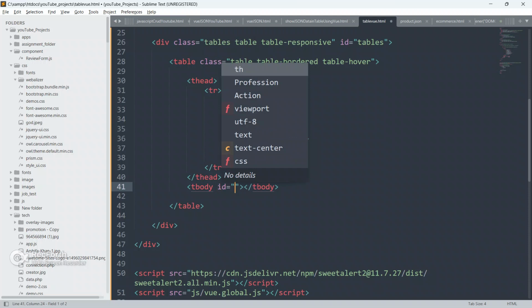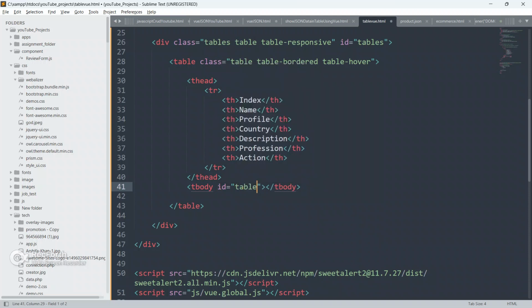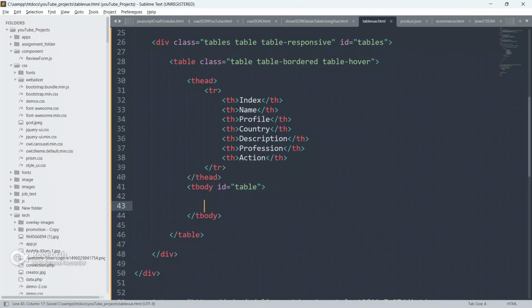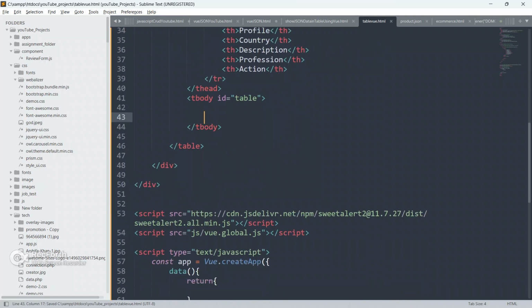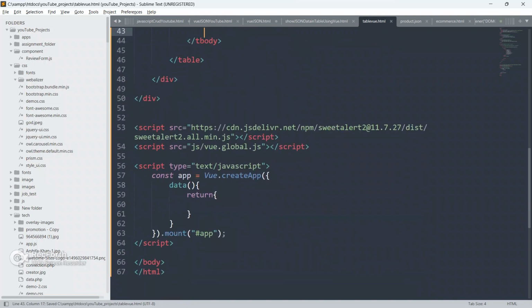Inside the tbody I am gonna give id also as table. Rest of the things will be populated by the v-for directive.